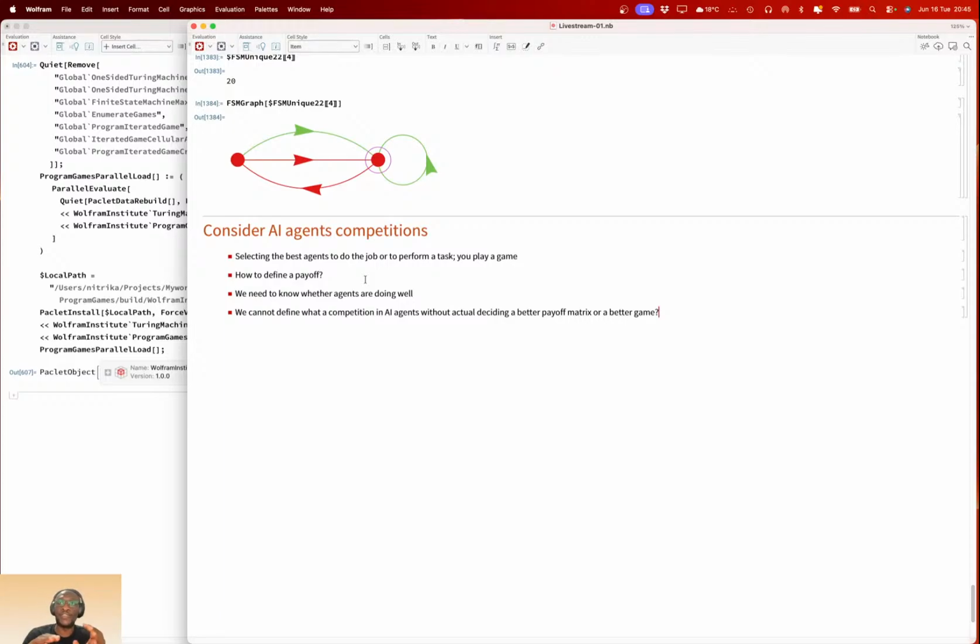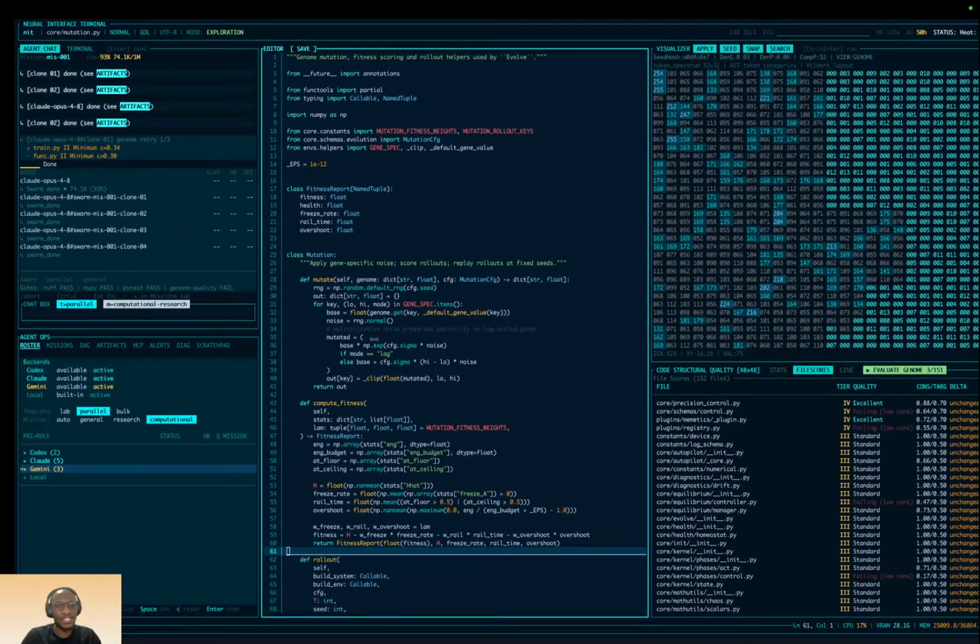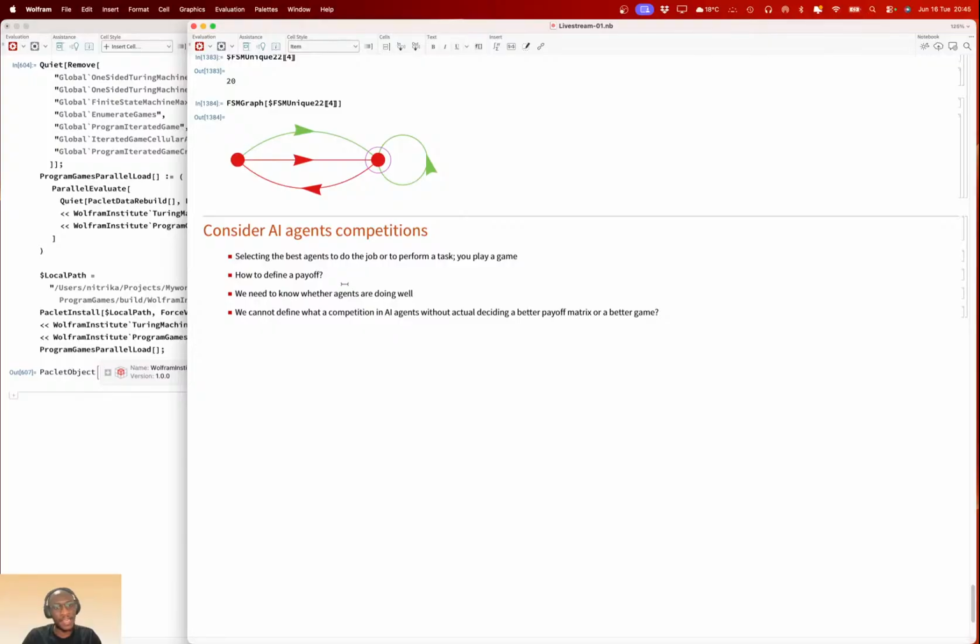But for code, it's easy because you can just score the diffs. But coming up with a scoring function, like a payoff in a sense, is quite hard. And games between programs are sort of a path to designing better fitness functions for agents to score code.